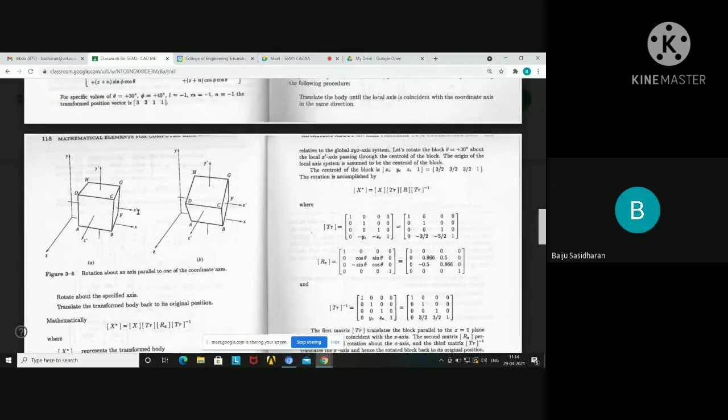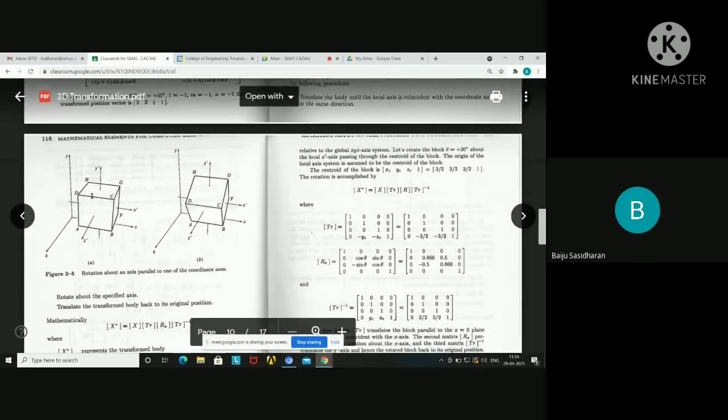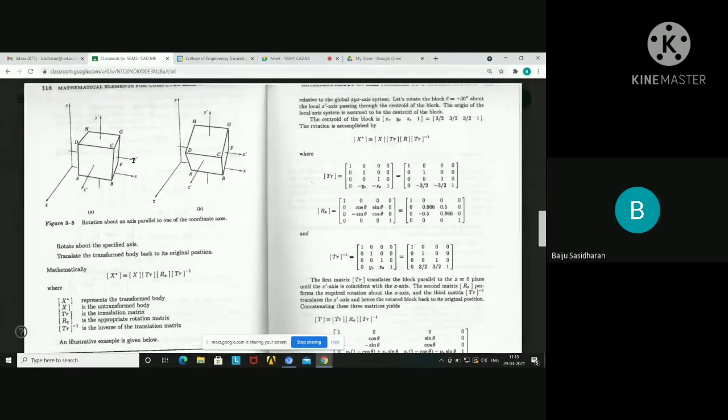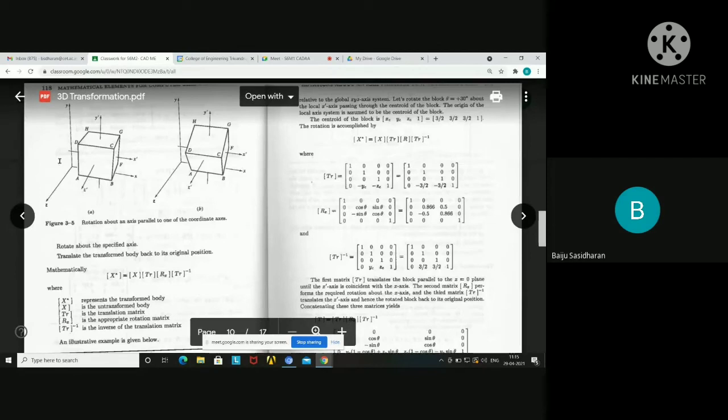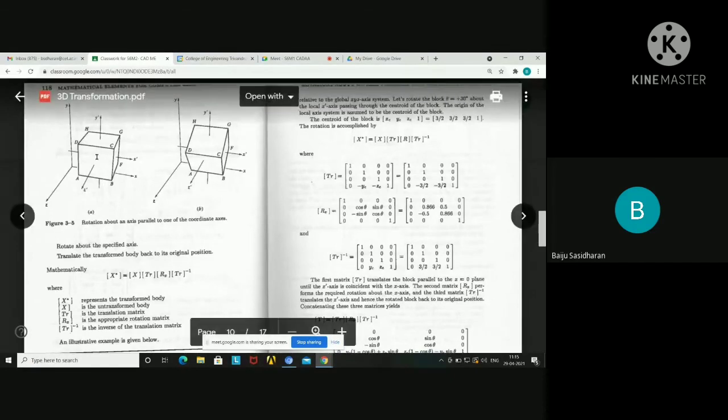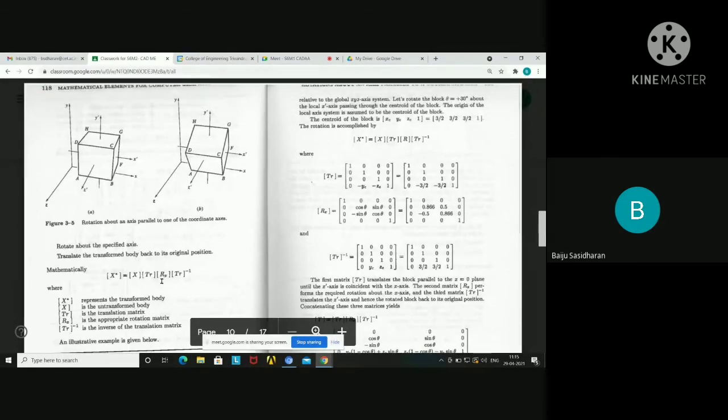And our problem is we have to rotate this parallelepiped about this arbitrary axis. What should be the solution? That is my question. This axis we have to initially make coincide with any of the axes. Say here it is the x-axis. So for that purpose, we have to do some translation. That is the first step, translation. At that time, this axis will be coinciding with the x-axis. Then we can do the rotation about x-axis, and after that we have to do the translation back.